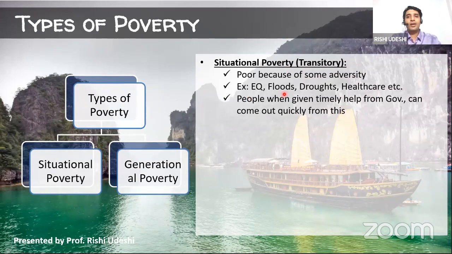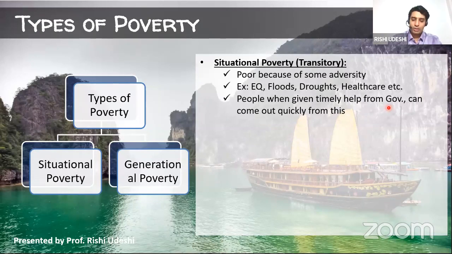Example: earthquake, floods, droughts, which we see. People, when given timely help by the government, can come out of this. Timely help बहुत important है. Right now, also the people who are suffering from floods in Assam and Bihar, our sympathies with them. But if they are given timely help by the government, there is a scheme called Pradhan Mantri. What is the name of the scheme? Pradhan Mantri